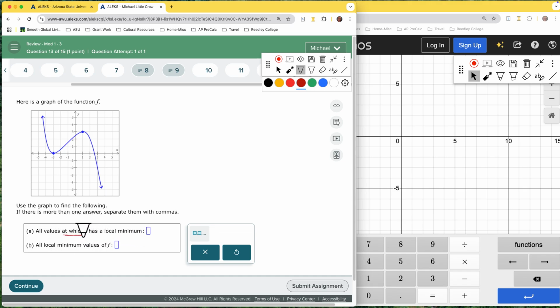At which is telling us we want to identify the location where a local minimum is occurring. A location is always an x value. Be careful with this use of the word values. The B part wants all local minimum values. Values of a function, values of f,